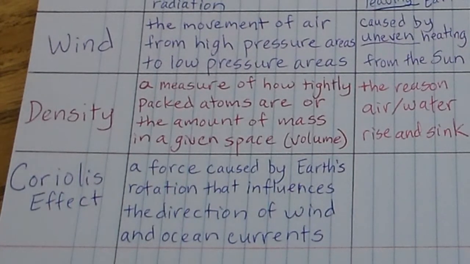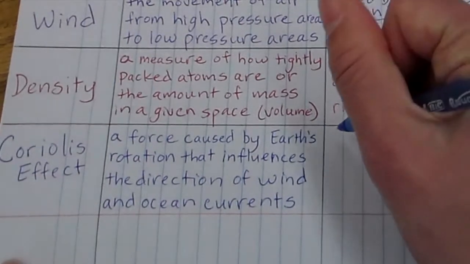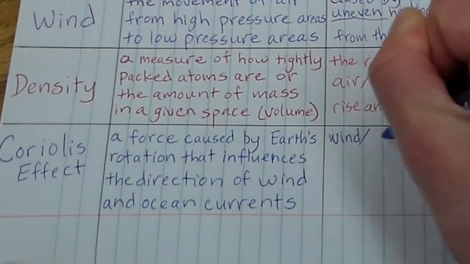It's a force caused by Earth's rotation that influences the direction of wind and ocean currents. And so what this does, because the fact that Earth is rotating or spinning, although it's doing it pretty slow, it's going to cause wind and water to curve. So I'm going to write here in the details, wind/water